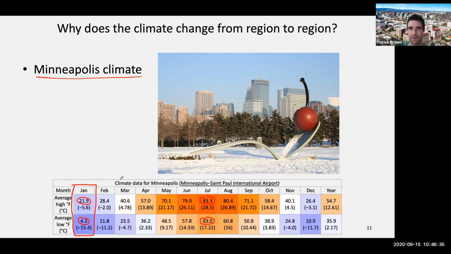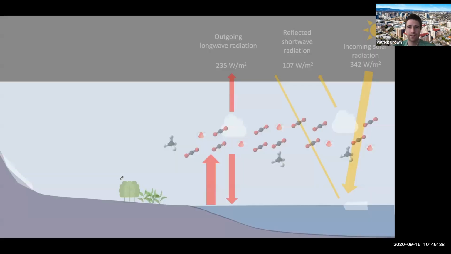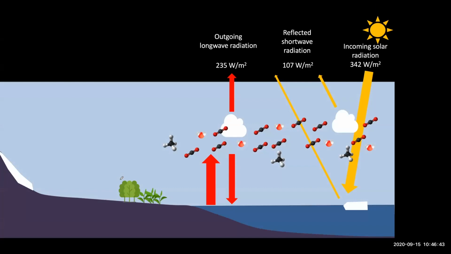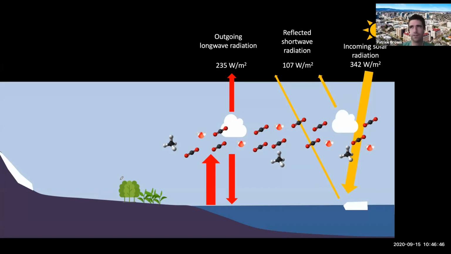So they basically go back to this diagram that I already showed. This diagram that we've been talking about with the energy budget, and we discussed in the overview of climate science, that we have this energy coming in from the sun. We have shortwave radiation reflected back to space, and we have outgoing long-wave radiation from the surface of the planet. So we are going to be breaking these down